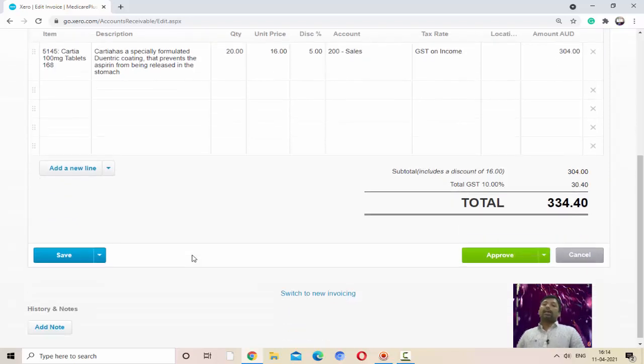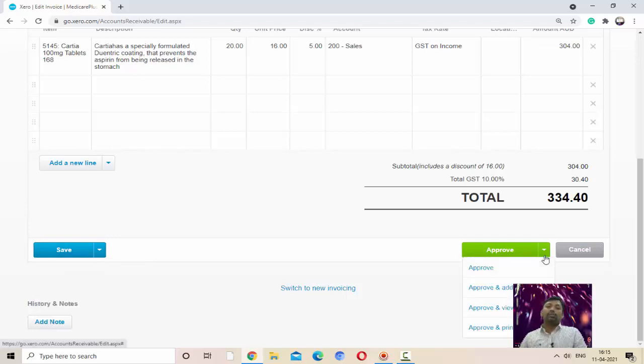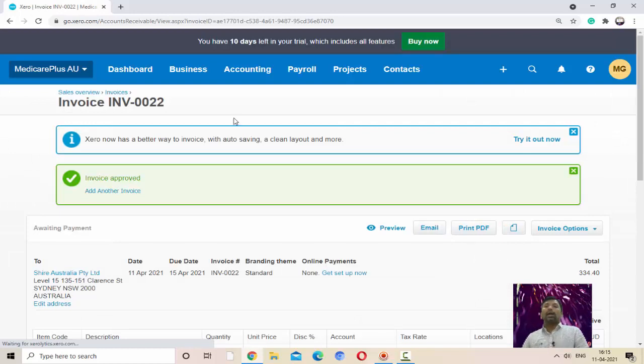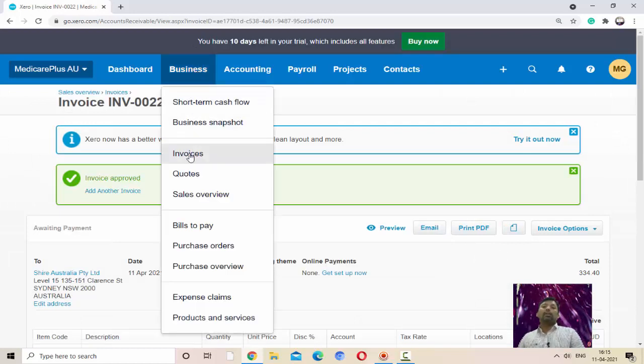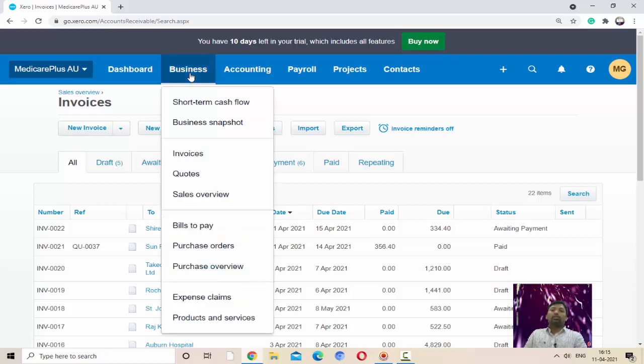So you understand, and then after that you can save this invoice as a draft, meaning the draft is created by us, and later on we can send it to our higher authority to approve this sale invoice. Or you can send from here to your higher authority for approval, or if it is already approved, then you can select here the option approved, meaning our higher authority already approved this bill, and then we can approve this bill directly, and that amount will be added in the approved bill. So you will see that entry will be available in the awaiting payment, because the bill is accepted by our business. So this is a way to record the invoice entries.